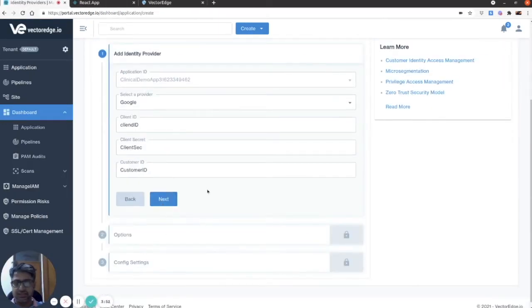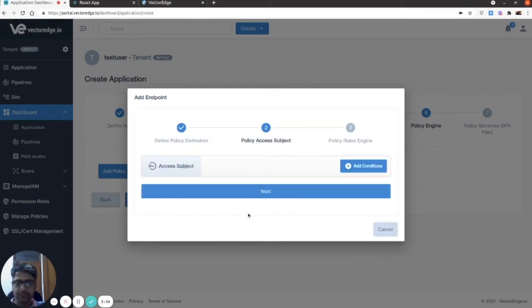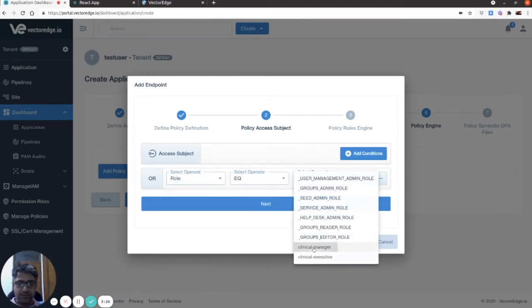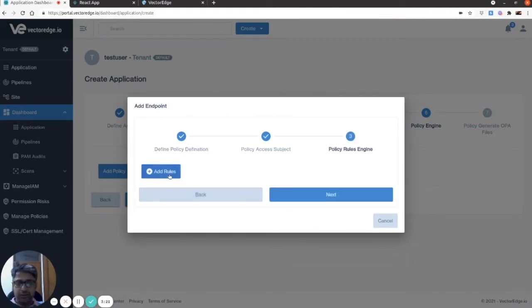So this is done. Now we add a policy. This policy is made for defining or applying the access manager. Now I'm adding the role equal to, let's say, clinical manager. Add condition. That's all. Add rule.